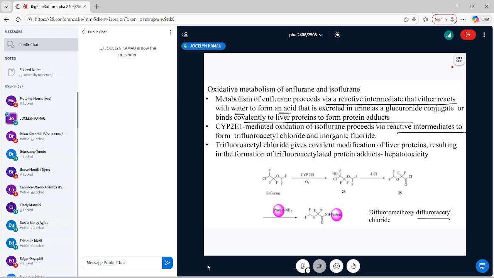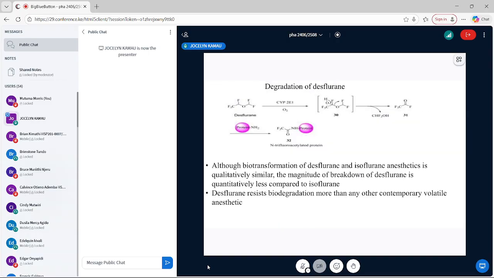It is only that we have said the rate of formation of the difluoromethoxy difluoroacetyl chloride is not as high as the rate of formation of the trifluoroacetyl chloride of halothane, and therefore enflurane has lesser toxicity compared to halothane. Then we look at desflurane, and it's the same, but of course the structure is again